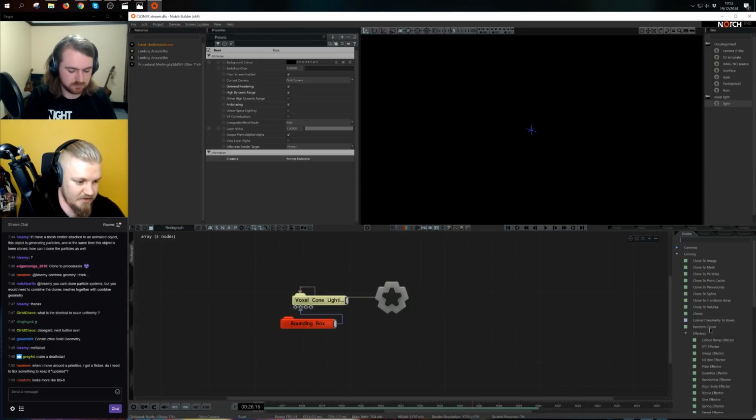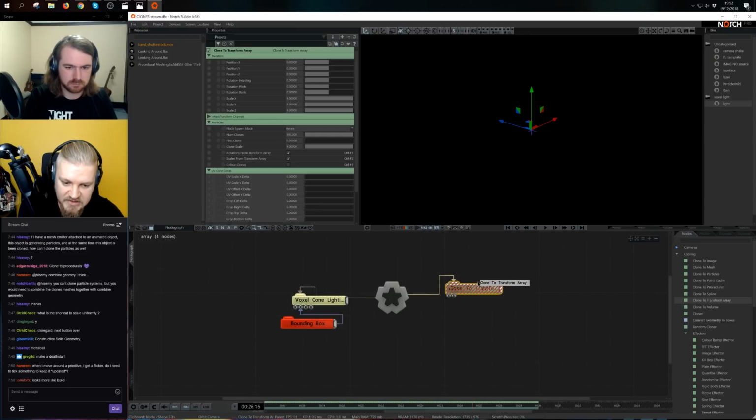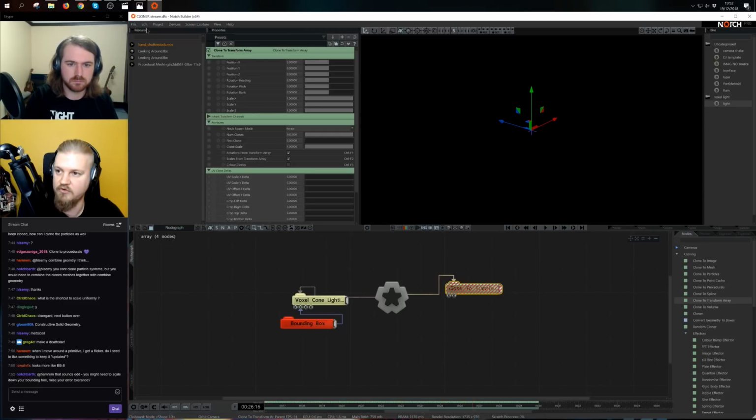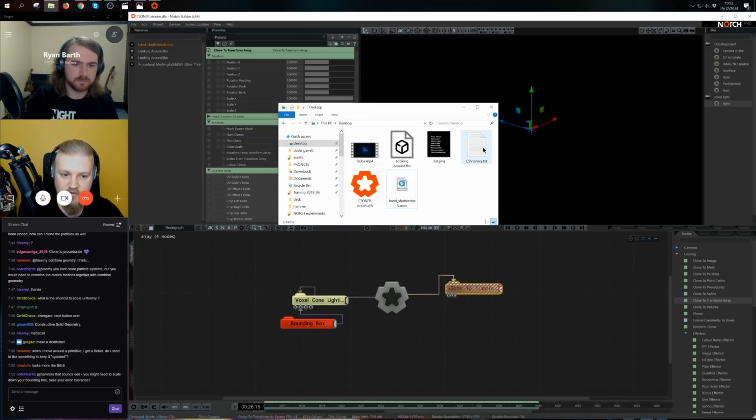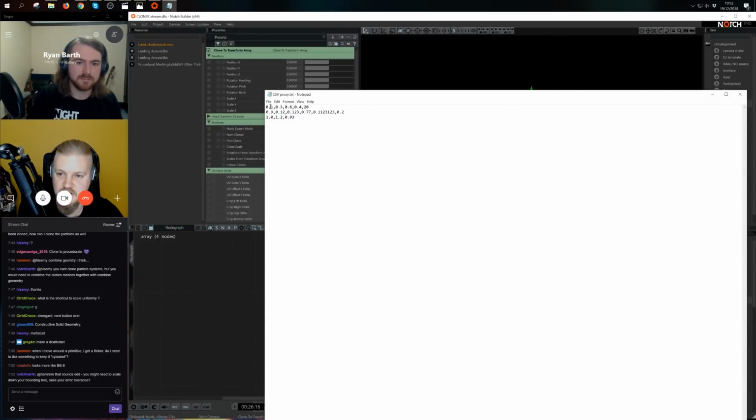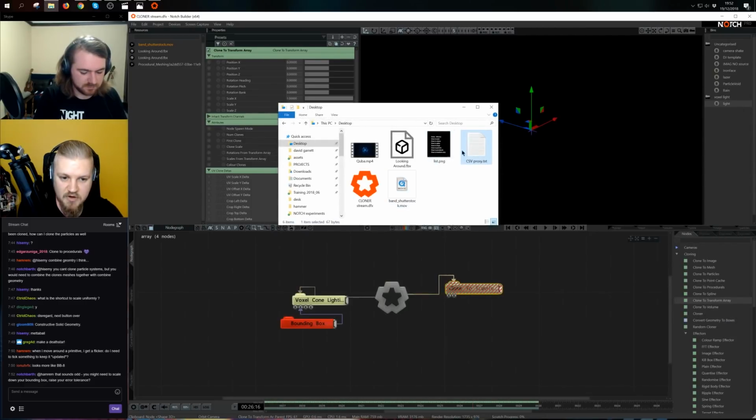So let's take that very one. Where is it? There it is, clone to transform array. As you see, this one comes in hashed out red too. Requires extra information, and that is because it requires a source material. So I have this little CSV proxy file. It's basically just data or numeric values separated by commas. So I'm gonna grab that,